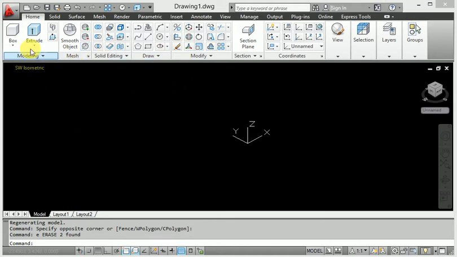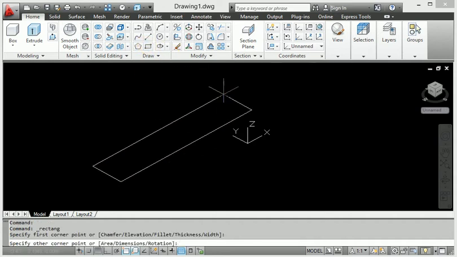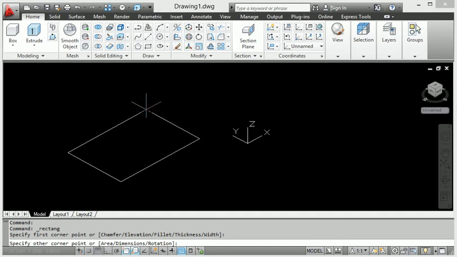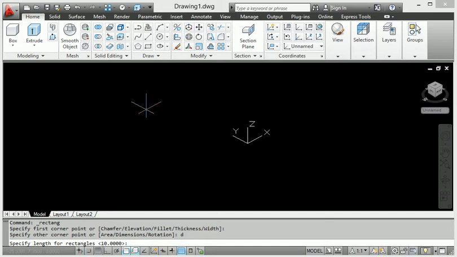Now let's go. First of all, I will create a simple rectangle here, starting from the view, and provide the distance.